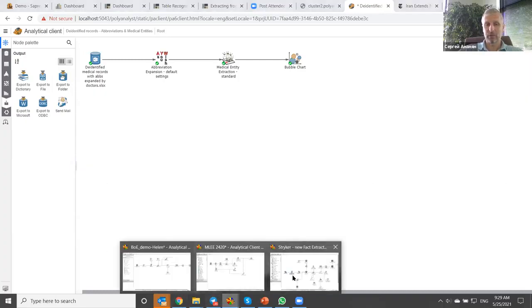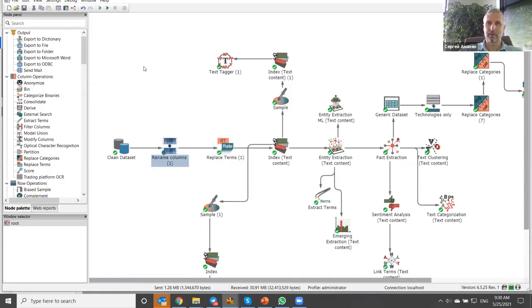So let's, for a second, return to the project that I pre-built here. This project was based on data. The analysis was performed for a manufacturer of artificial joints who were interested in doing competitive intelligence projects. They would like to monitor the news based on a list of about 10 key competitors that they have, and certain technologies that were of interest to them.